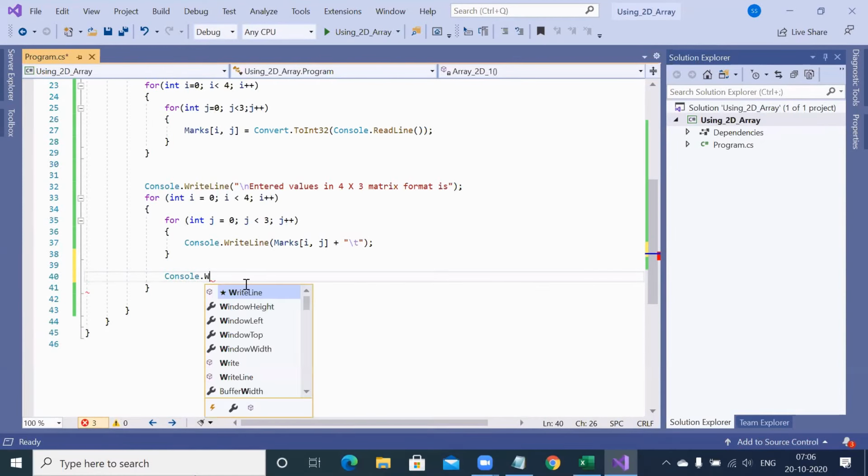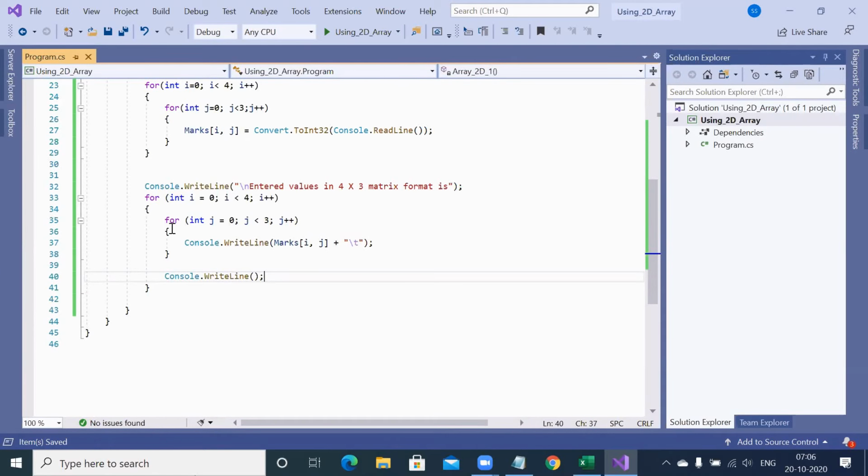So write line, open bracket, close bracket, and semicolon. That means the idea is take I as 0, that means 0th row, go inside the inner loop, display 3 values: first value, second value, third value. Till then, don't break the line.